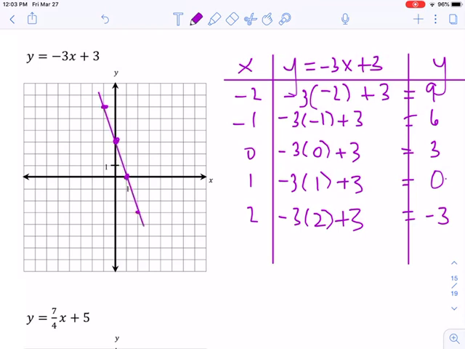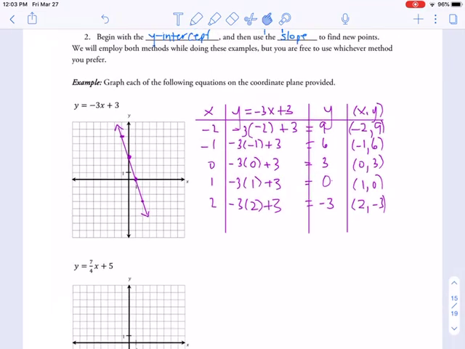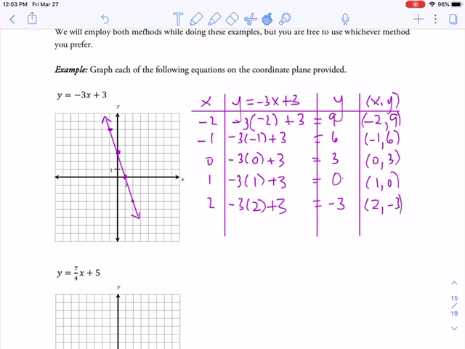There we go. Getting a little bit better with the stylus. And then, as always, we're going to put our arrows on both ends to show that the line keeps going in either direction. Okay, now, let's talk about the other method. The other method is very straightforward. All we're going to do is start on our